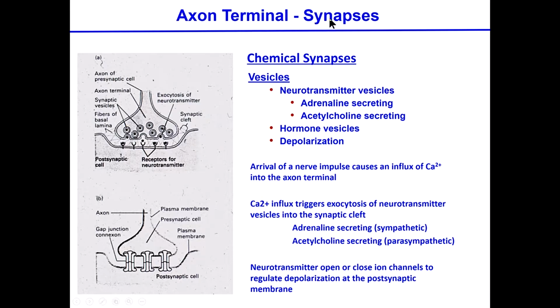Talking about the synapses and how they work, these are two different versions of the picture compared to the other ones. The vesicles are going to be carrying a variety of things, the neurotransmitters that need to be sent. This is of course talking about the chemical synapses. They could also be releasing certain hormones, and one of the main important elements in the synapses is that the depolarization, and we'll get into that very soon, has to be transmitted. In other words, the electrical alteration caused in these cells by whatever the signal was,